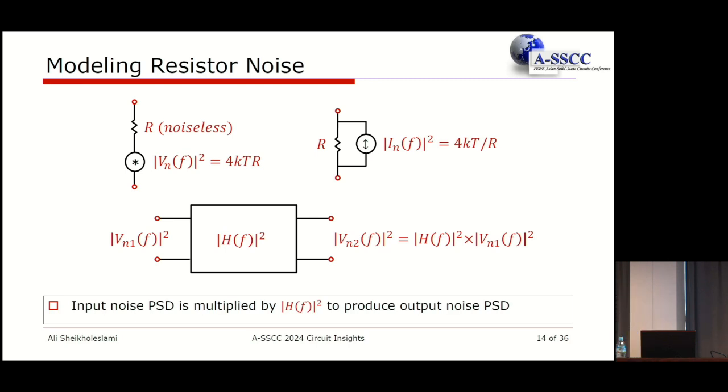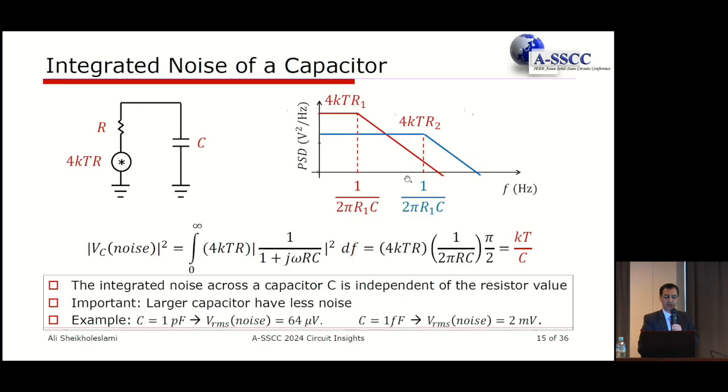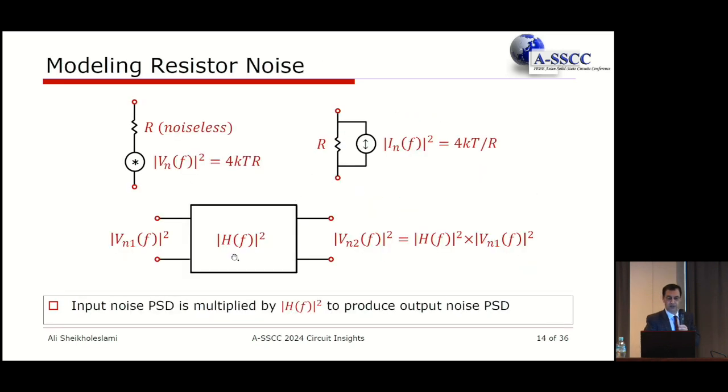Now, imagine that the circuit that is seeing this is noiseless, because that circuit itself creates noise. But for a moment, assume we have a circuit that doesn't produce any noise, but just takes the noise from a resistor. How much is that noise going to be amplified and represented at the output of that circuit? If that circuit has a transfer function, shown as H of f, the magnitude of H of f squared needs to be multiplied by the power spectral density at the input to give you the power spectral density at the output.